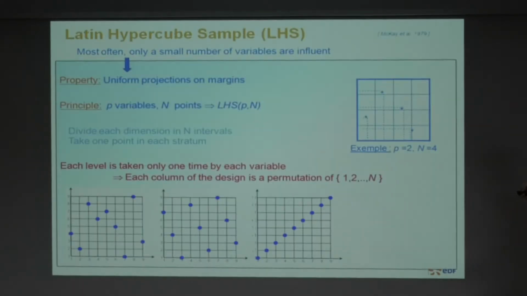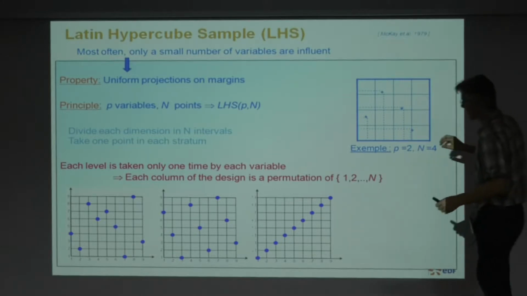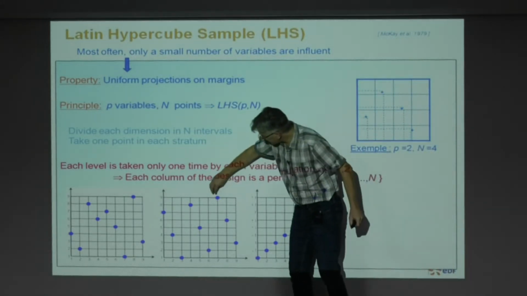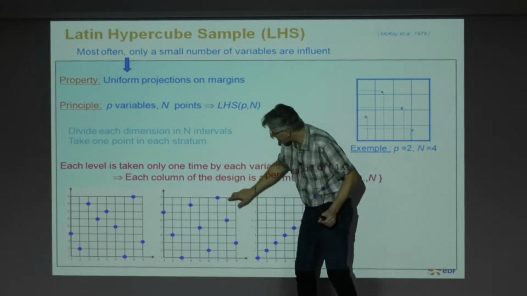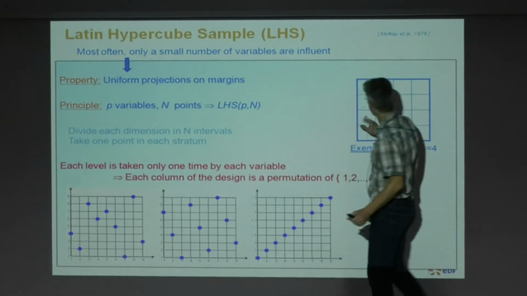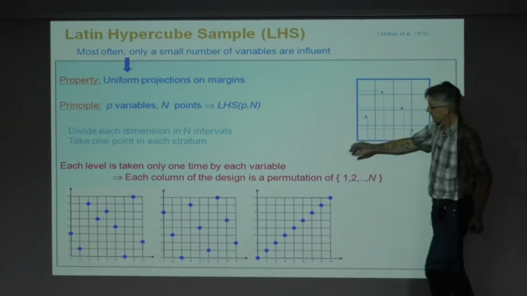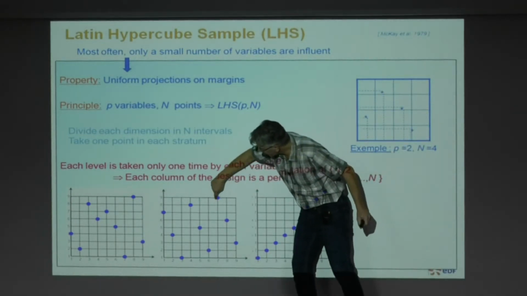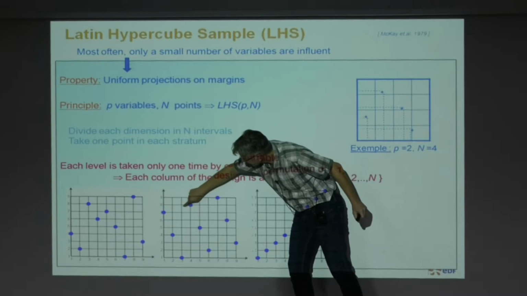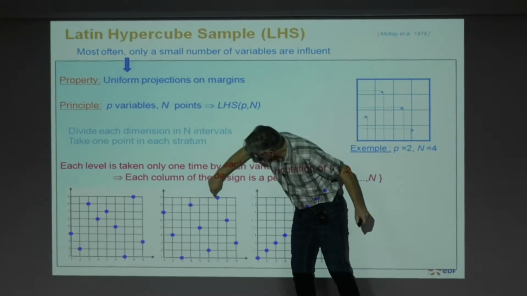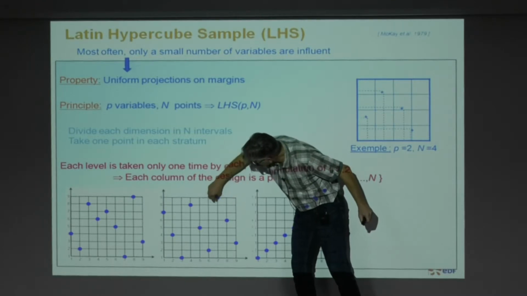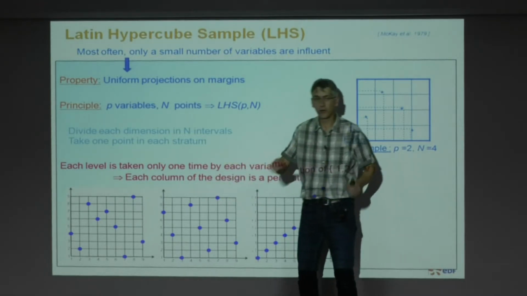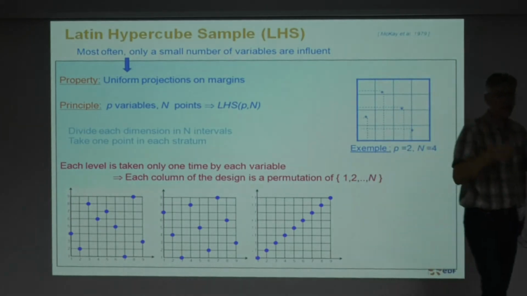Because you have 2 kinds of Latin hypercube sample. You can have Latin hypercube sample regular, but you can also add a little noise, like here, to put the points randomly in each cell. You see? Here I put the points on the nodes, but you can also slightly perturb in each cell to add some randomness.